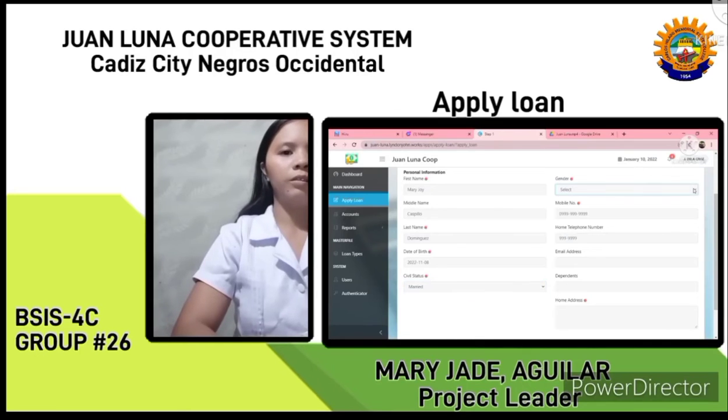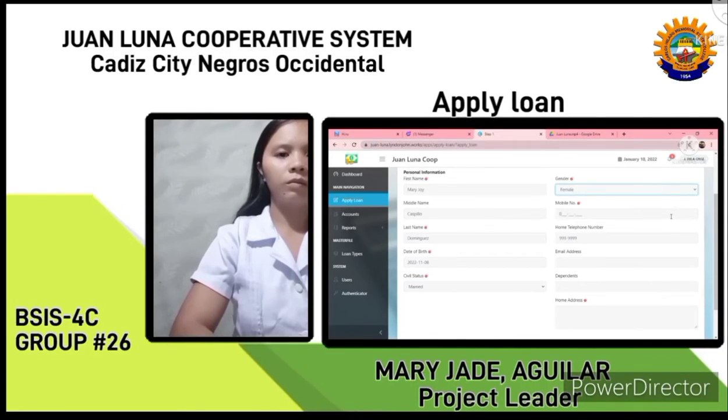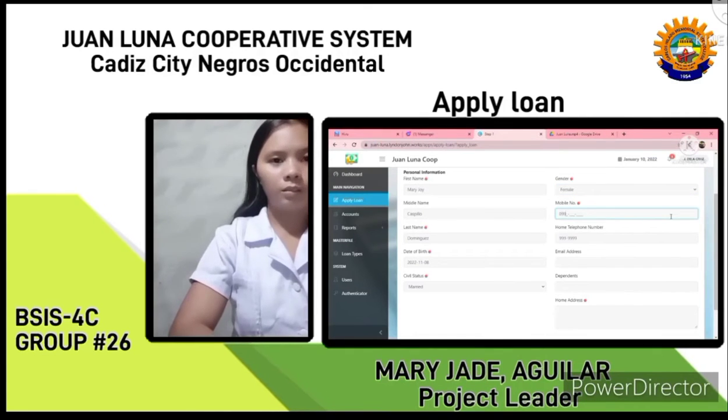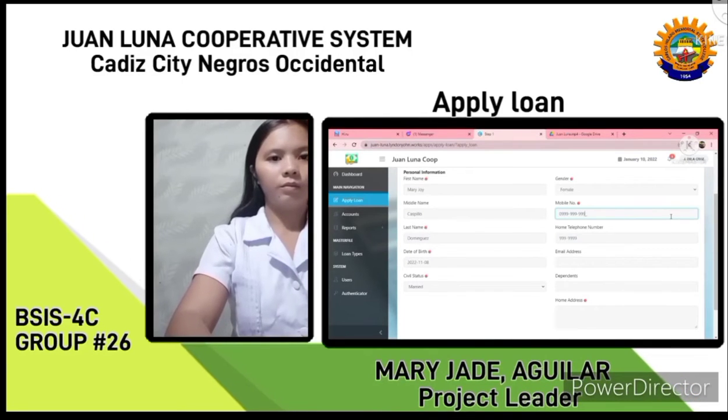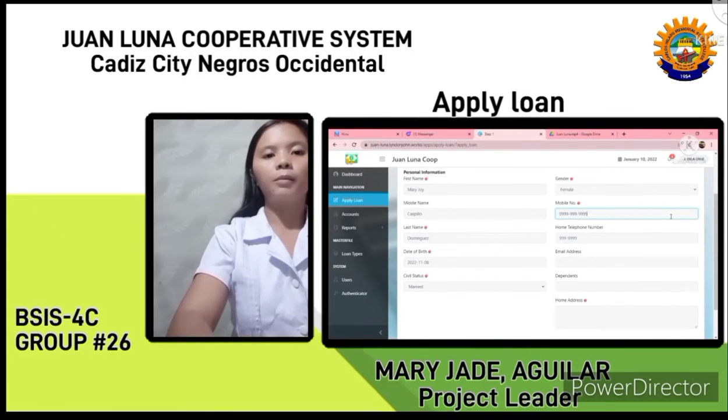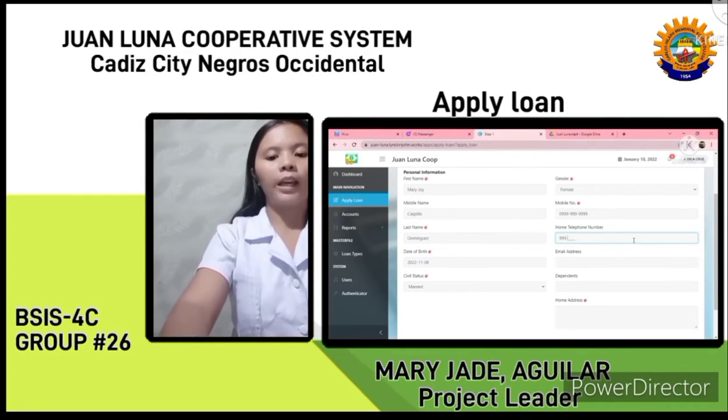The gender is female. The mobile number, for example, 99999. The telephone number, same, for example, 999.